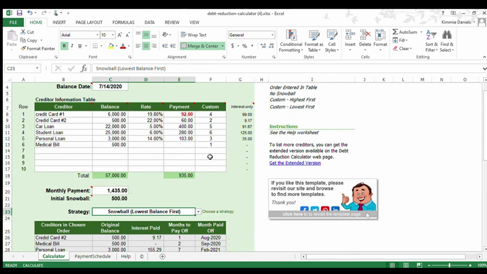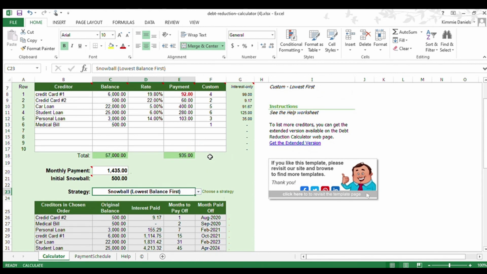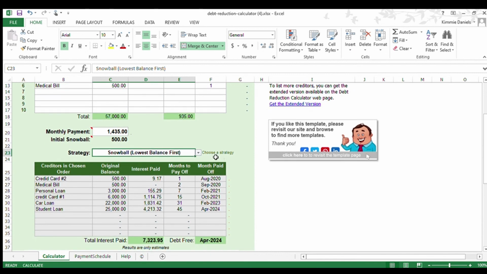Hopefully this has helped you guys kind of get insight to how this Excel sheet works. I think everybody should download it, whether you're just starting out, you're in the middle of your debt-free journey, or you're towards the end. It will kind of help show you the interest you'll be paying, and maybe that will light a fire for you too to increase your income or decrease your spending. And also too, maybe just to kind of really get a visual of what the interest looks like, because they give you a percentage, but at the end of the statements, that's usually when you can see how much interest you paid the previous month.